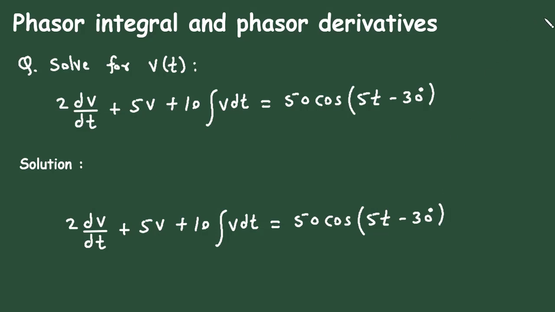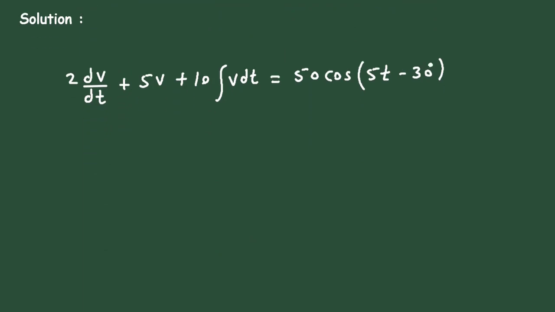Now here we can see it is given in time domain format. So what we will do, we will convert this into its equivalent phasor domain format, or we can say frequency domain format. So let's convert it. So this will be 2 v. Now here it is the derivative, so it will be into j omega. Then plus 5 into magnitude of v, that is capital V. Then plus 10. Now this will be v divided by j omega